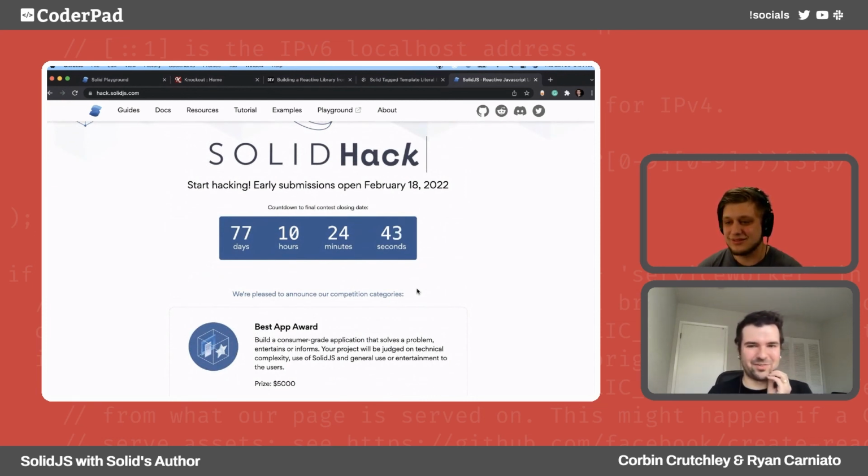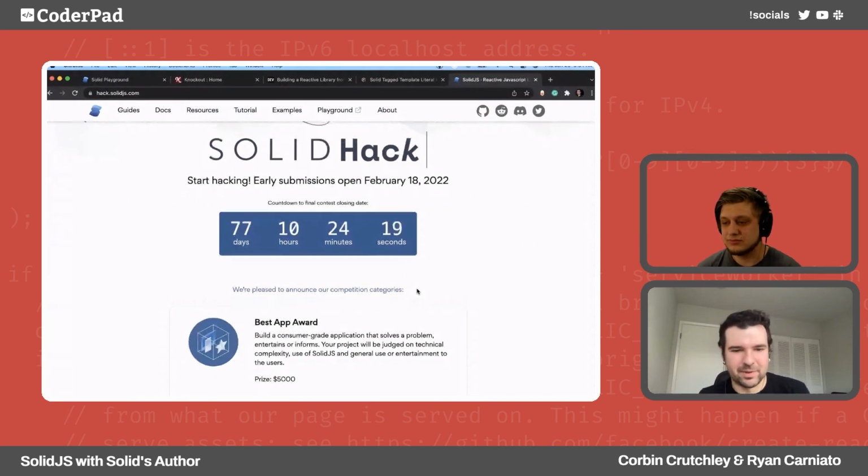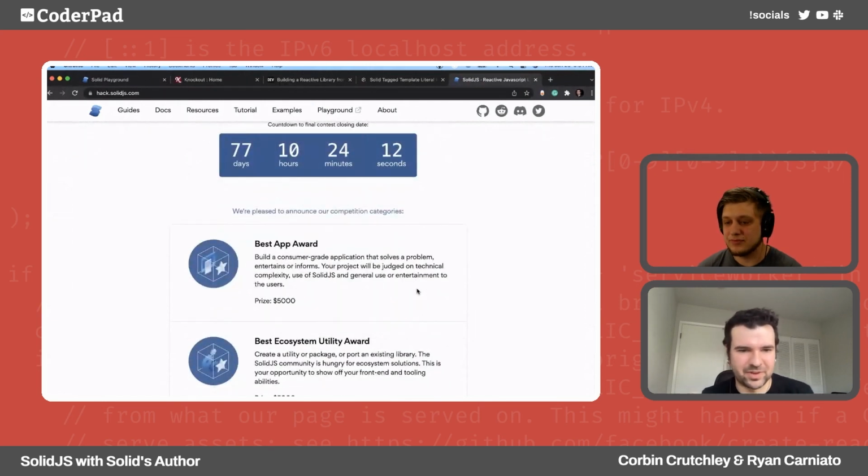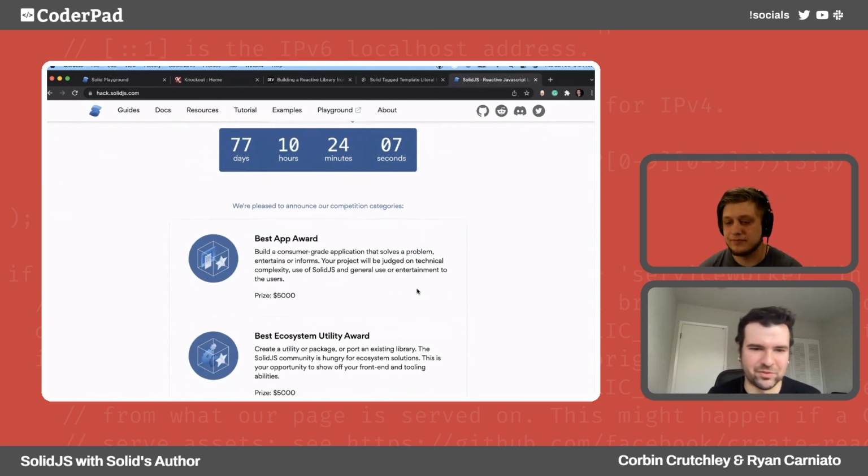I think it's really awesome to see people already participating and sharing their stuff, getting on social, tweeting it and whatnot. And we'll do everything possible to promote that as well, so people can check out your library. Because in the end, this is actually based on a voting system, which might seem like a popularity contest, but Solid isn't very popular itself. So I'm less worried about that, although it's something we keep an eye on. But generally, the idea is just to come in unbiased, give it a shot, see if you like it, and build something cool.